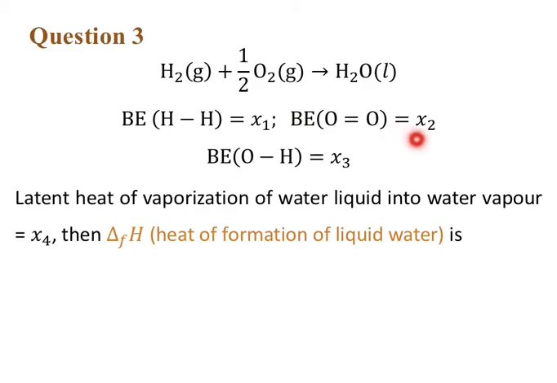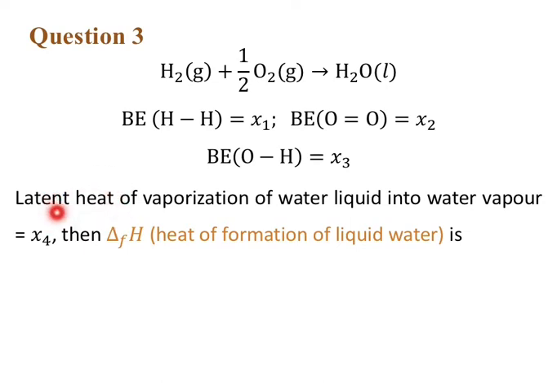We know that in H2O there are two OH bonds. We have to remember that. For calculating the bond energy of H2O, we have to put 2 times the bond energy of a single OH bond. It is 2x3. We will do the same in the solution part. Then the latent heat of evaporation of water, that is liquid water into water vapor. What's the difference between specific heat and latent heat? Specific heat is the energy required to raise 1 gram of substance by 1 degree Celsius. But latent heat means the energy required to change the state, that is from liquid to solid, or solid to vapor, liquid to vapor, like that.